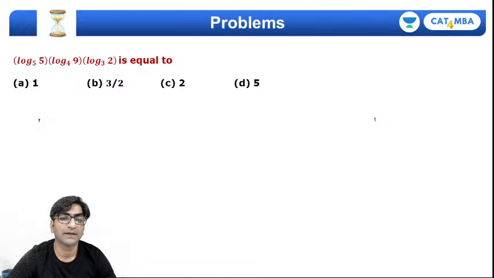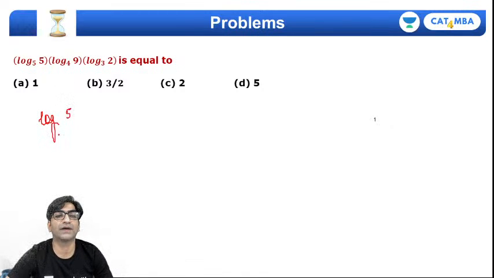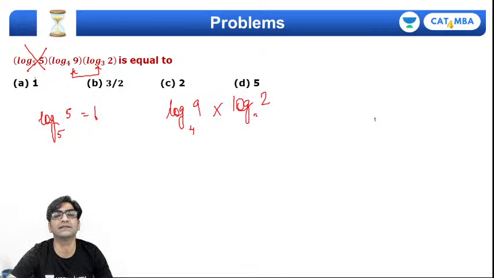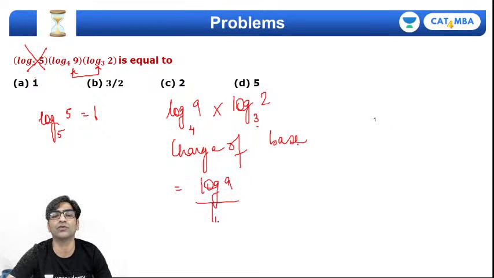इसको कैसे करें? log 5 in the base 5 तो 1 होगा, ये तो सीधा ही हटा देते हैं, ये तो 1 हो गया, ये दोनों बचेंगे, है ना? तो यहाँ पे क्या करें? log 9 in the base 4 into log 2 in the base 3. तो चेंज ऑफ बेस कर लेते हैं, दोनों में 10 बेस में कर लेते हैं. तो दिस विल बिकम log 9 अपॉन log 4 into log 2 अपॉन log 3. ठीक है,